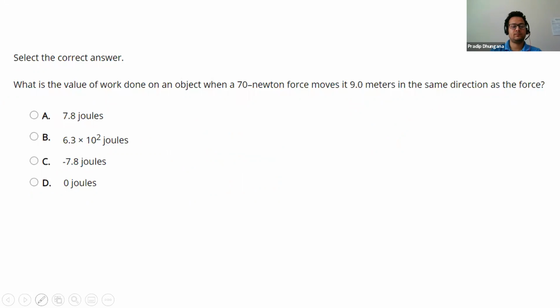Now let's go to the next slide, and I'll write the formula on the top. Work done is force times displacement times cosine of the angle between force and displacement. At first read this problem, take your time, calculate the work, and make sure to answer through the poll. Those who actively participate and answer on this poll will get an extra bonus point in your assignment. If for some reason you didn't get a good score on your assignment, I'll improve your grade on those assignments.